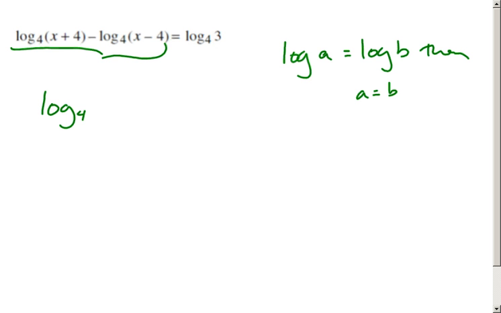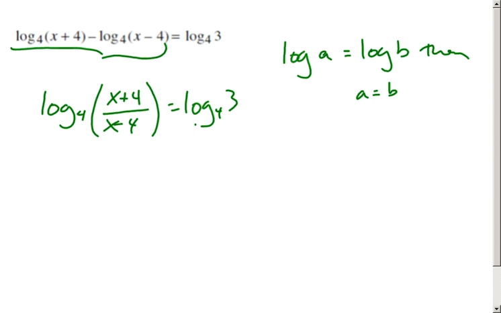If I'm subtracting two logs, the difference of two logs is equal to the log of their quotient. So this is going to become x plus 4 on the top over x minus 4 equal to log base 4 of 3. So then at this point, because of that property, you get x plus 4 over x minus 4